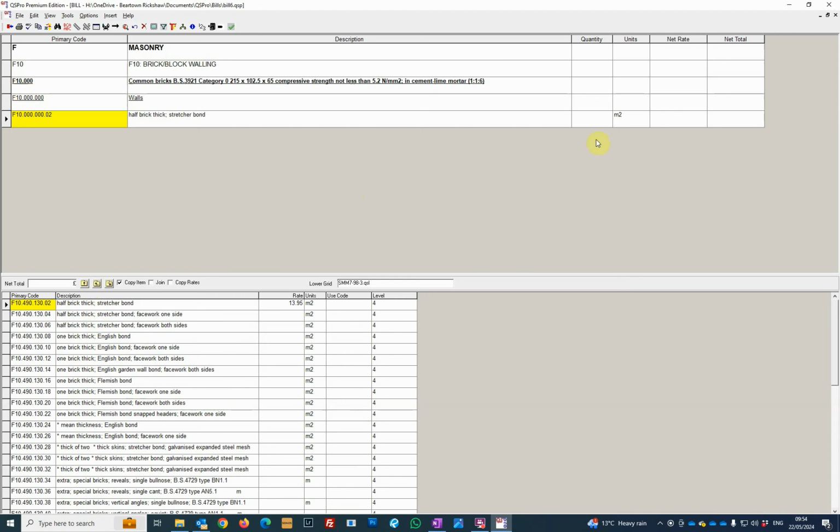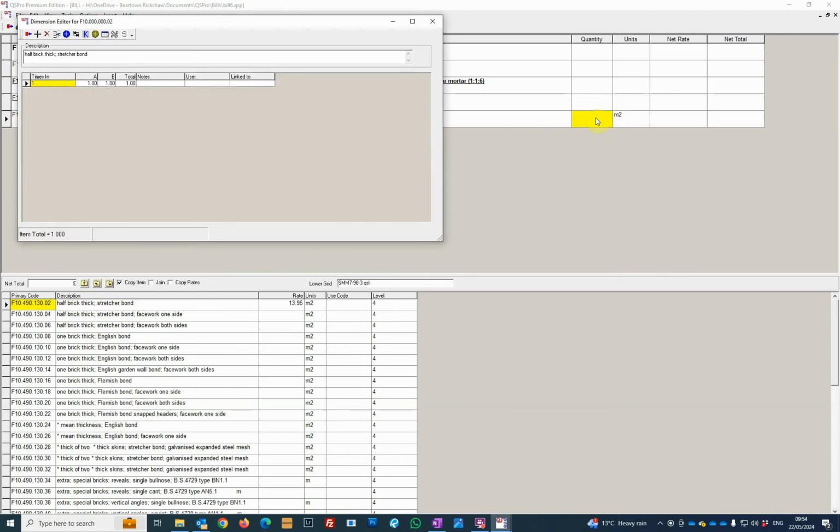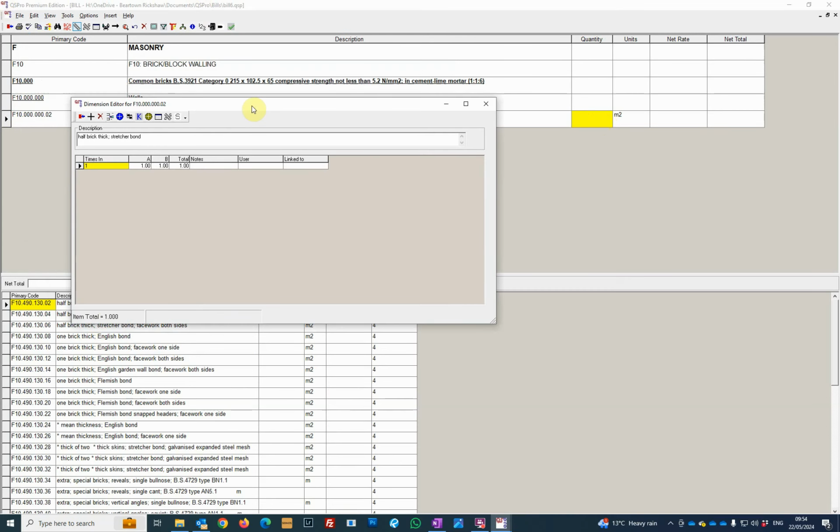Quantity. If I could just enter in a quantity, if I double click on that quantity cell, a dimension editor appears. I can put in the A and the B dimensions, or a times in. The times in can have any mathematical equation, so I could say 2 times 5 plus 4 if I wanted to. And I can put in an A and a B measurement, 2 by 5, whatever. And if I exit from there,